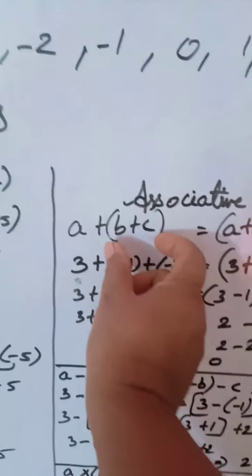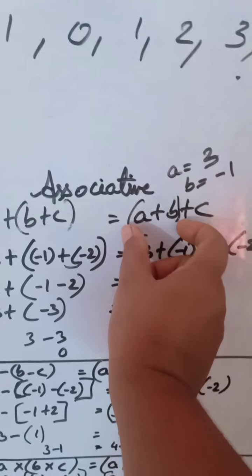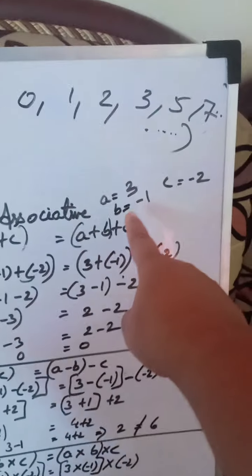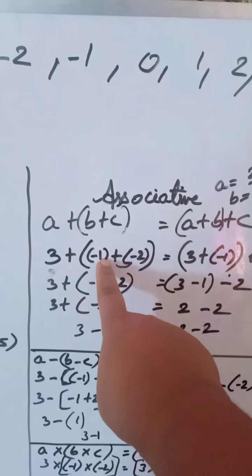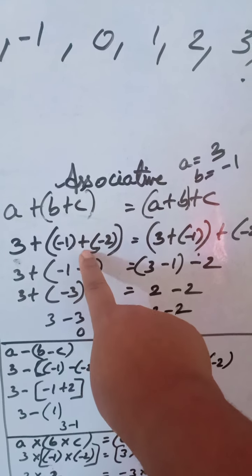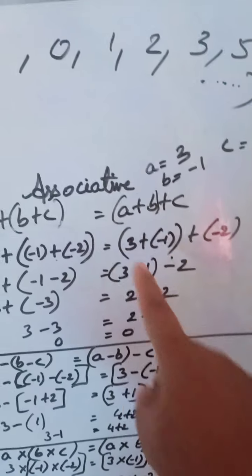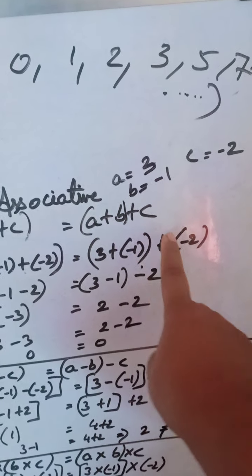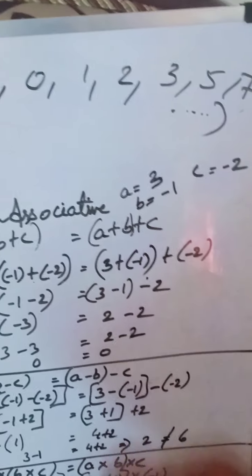That means first you are going to simplify B plus C and then with A. Here you are going to simplify first the A plus B and then you have to add with C. That's all. So I have taken the same values which I have given here for A, B and C. In the place of A I have given 3, B minus 1, plus value of C is minus 2. Clear, children? It is equal to again A plus B, value of B is minus 1, again plus minus 2. Since they have two signs, you have to put the bracket for minus 2.